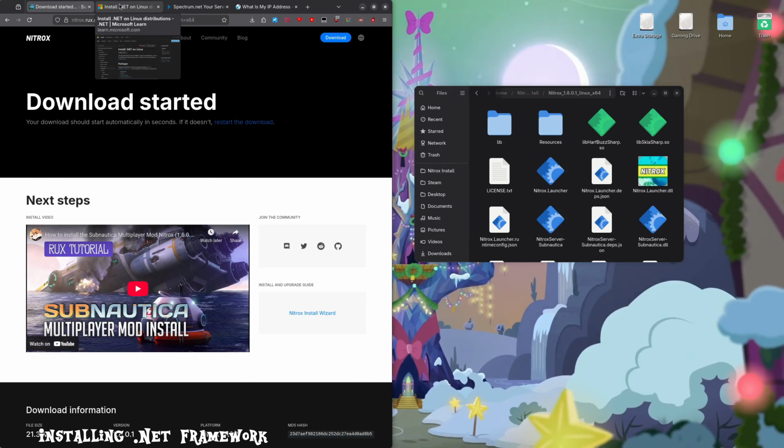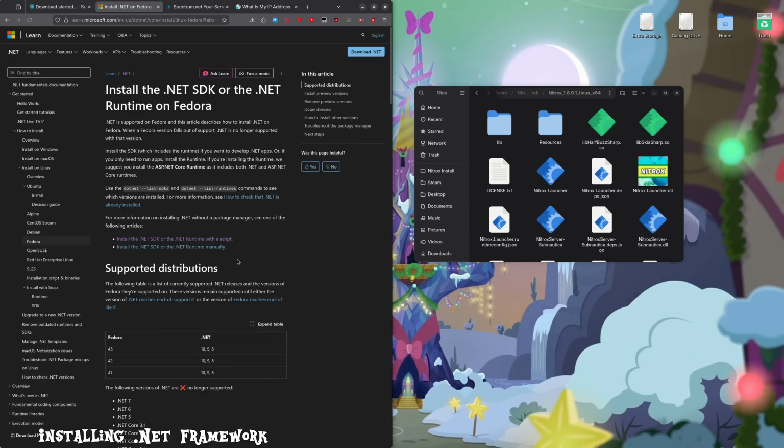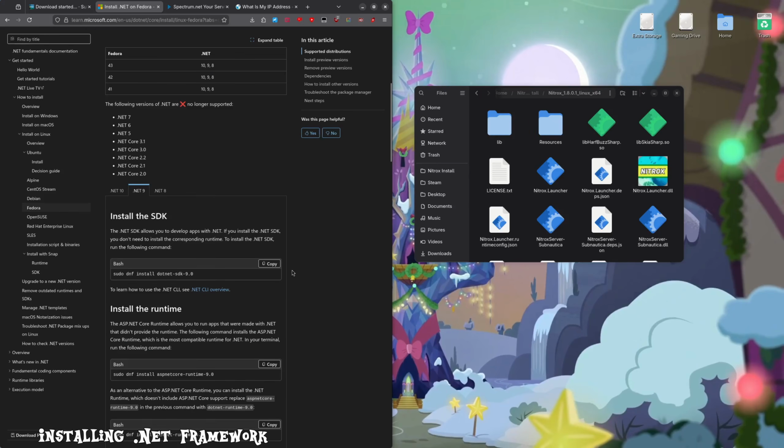So for the next step, we're going to go ahead and install the .NET framework for Linux. Now, you're going to navigate to the official Microsoft website for that, and in my case, I'm using Bazzite, so I would go to Fedora, .NET 9, and then I want to copy this command here, open up the console by pressing Ctrl-Alt-T,